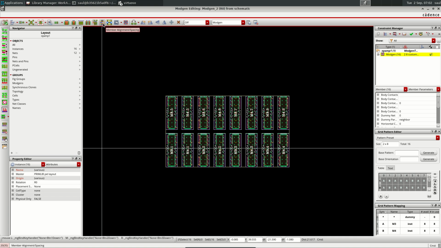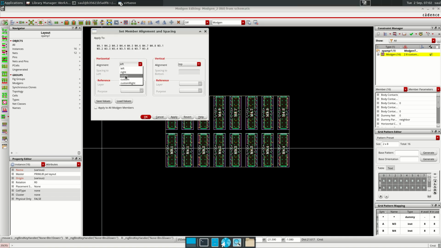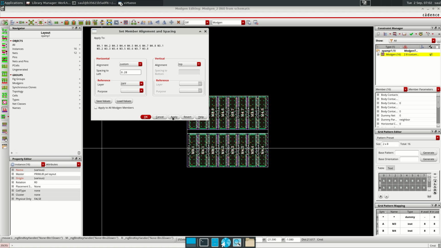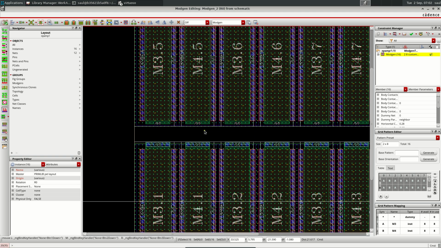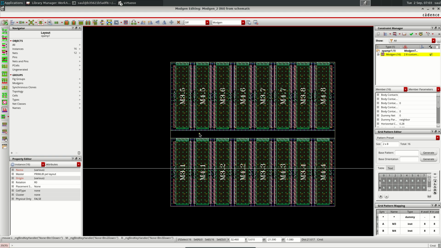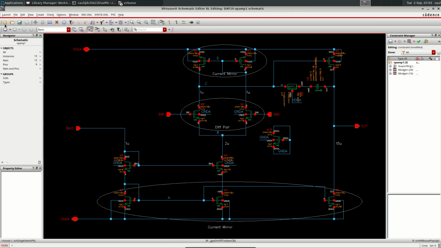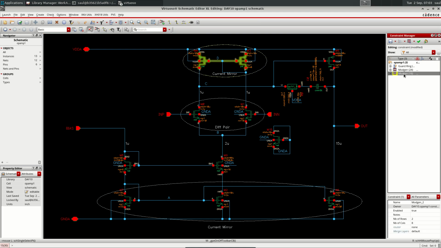We are going to align also these ones using the diffusion to 0.28 micron, and then we see that only two dummies per side will be okay for this current mirror. So let's close it and very quickly delete it,